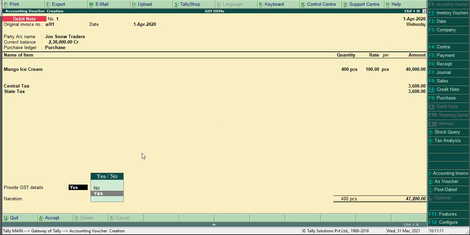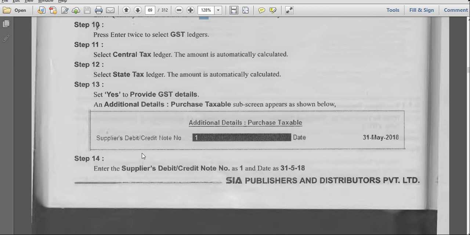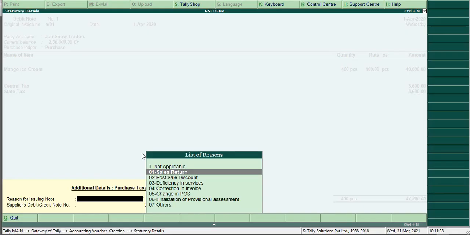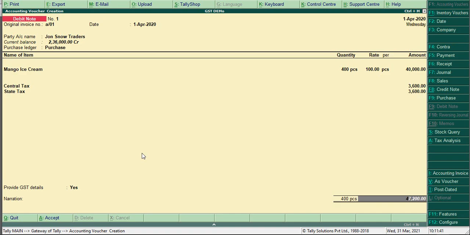Is this purchase returns or sales returns? Purchase returns. So the purchase taxable description appears as follows: supplier credit note number 1, dated 1/4/2020. Clear?